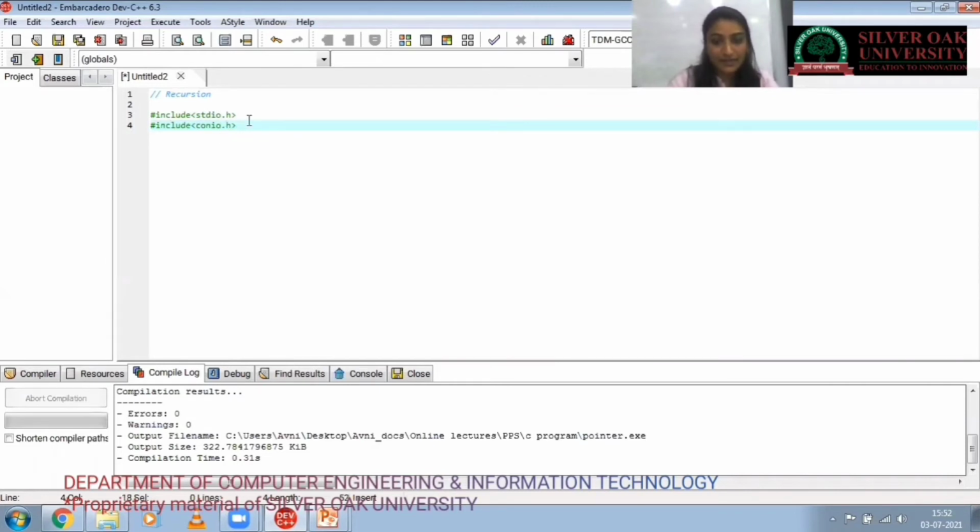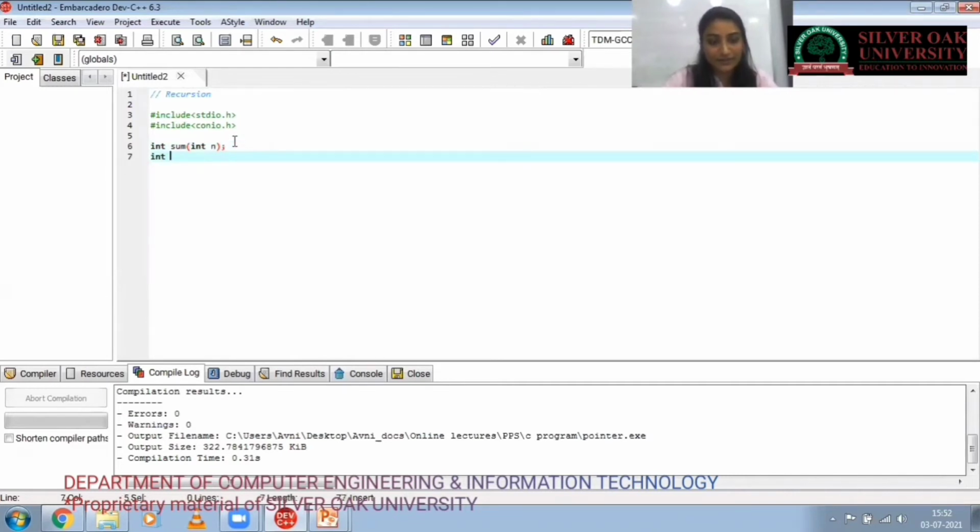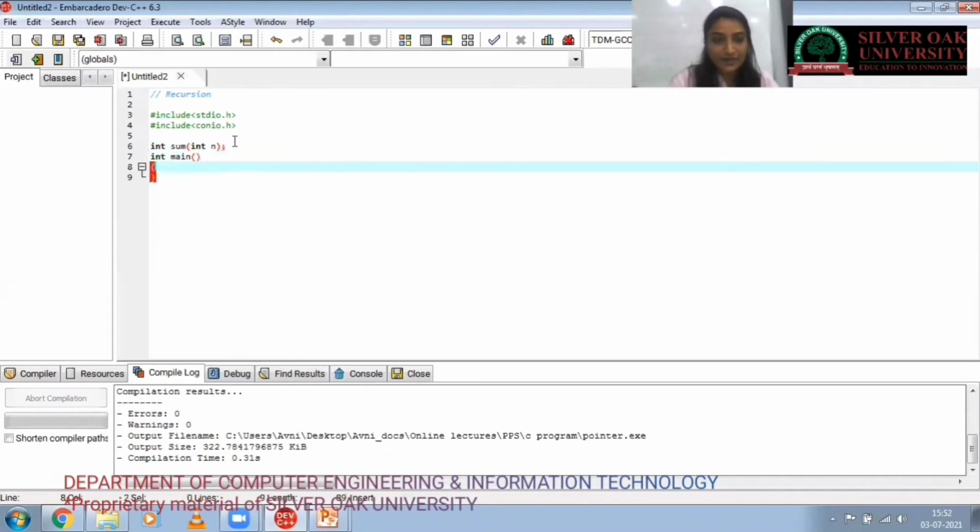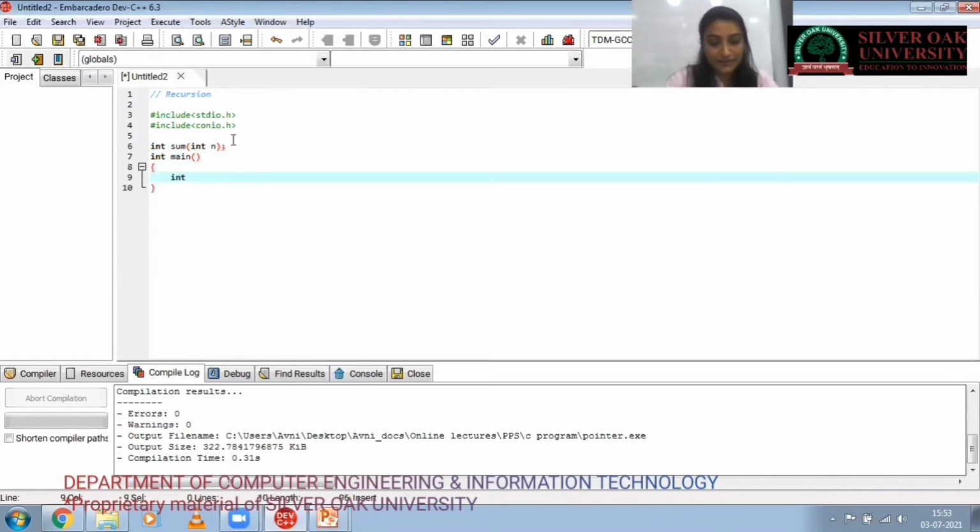Then, before starting the main method, we have to declare the function int sum, and we are passing one argument in that. This is the function type with return with argument. In the main method, we declare two variables, one for entering the number and the second for assigning the result.